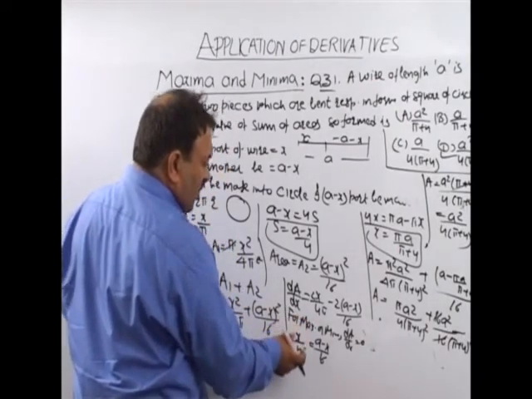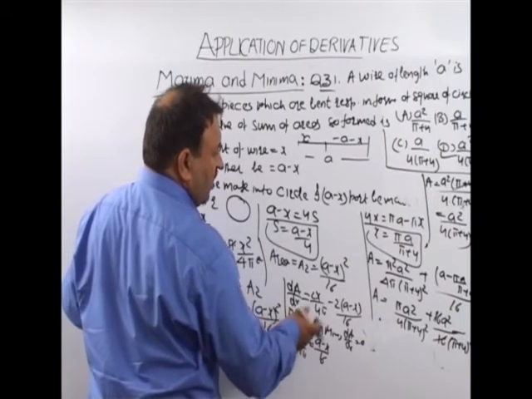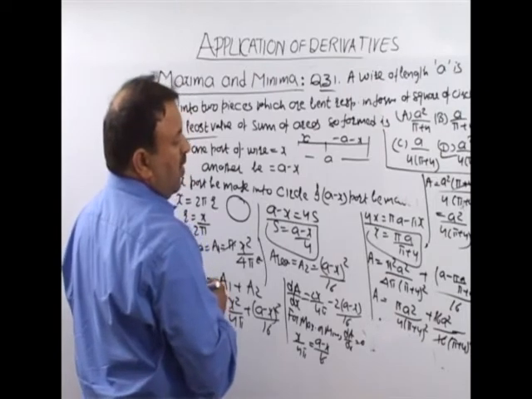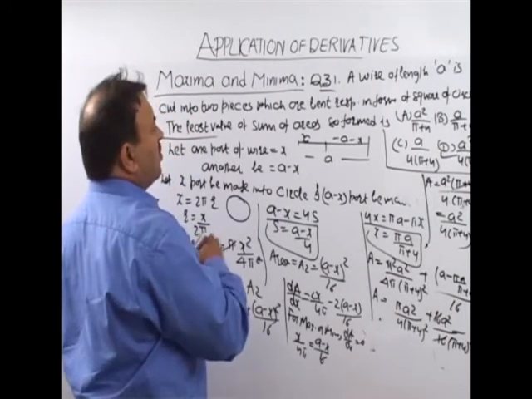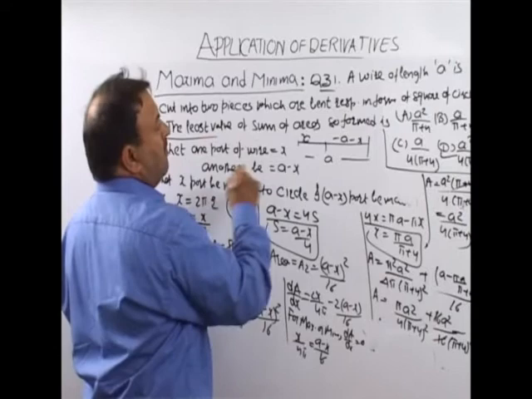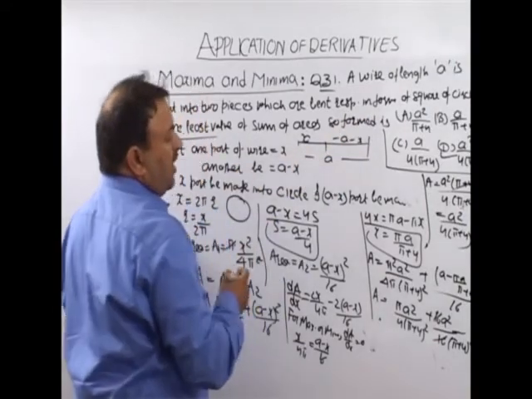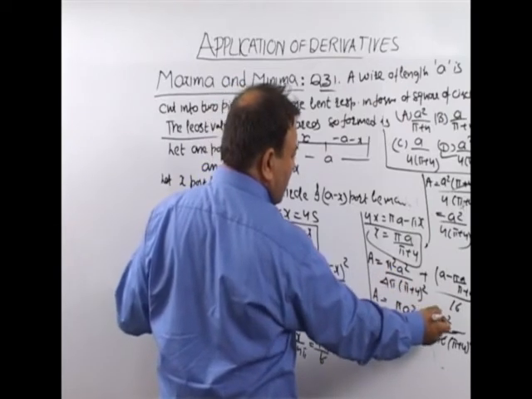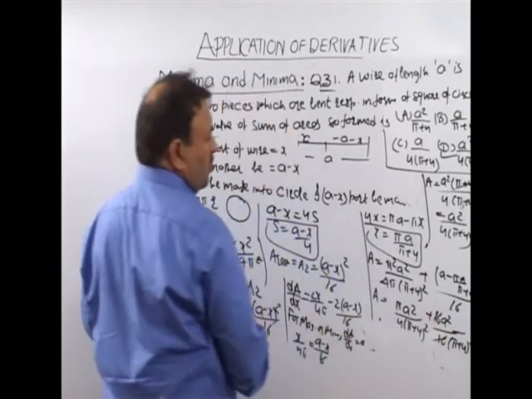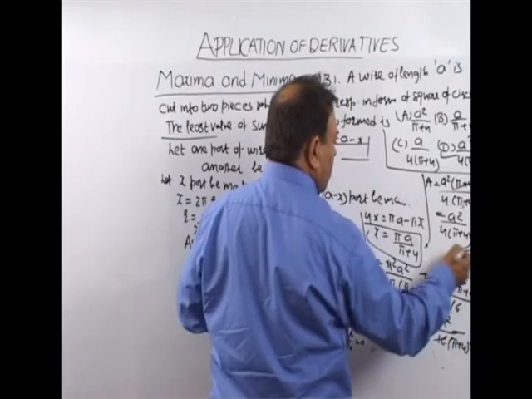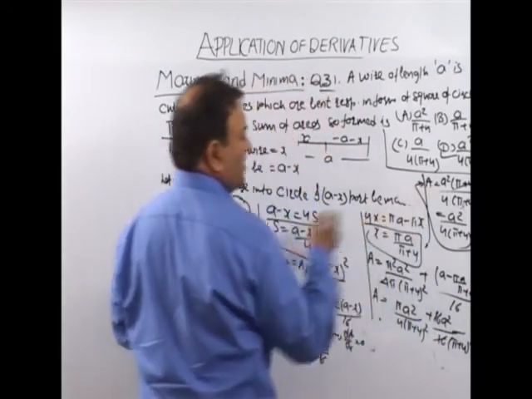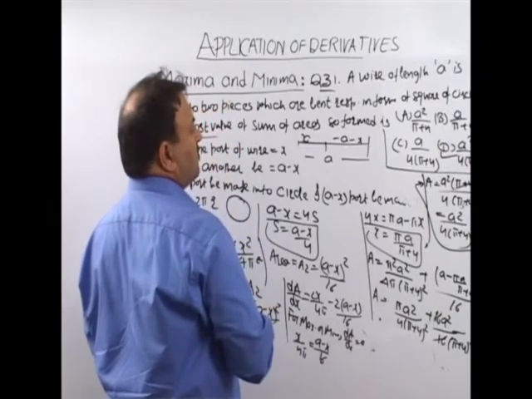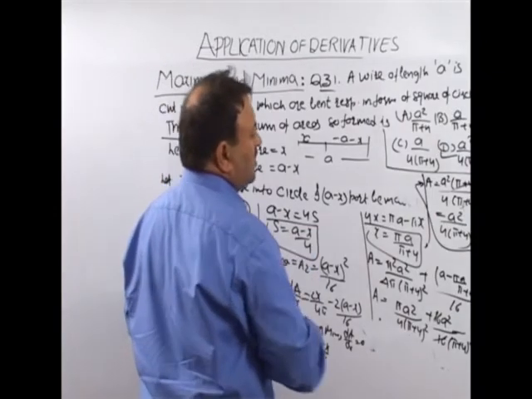Now for maxima or minima, dA over dx is 0. From here we got x as pi a upon pi plus 4. Now x हमारे पास आ गया, डबल डेरिवेटिव की जरूरत नहीं है बिकॉज मिनिमम आएगा. बेसिक थिंग है, हमने एरिया निकालना है, तो हमने एरिया में इसमें वैल्यू पुट कर दी. I got pi square a square 16 a square upon 16 pi plus 4 the whole square. On solving we got, area is equal to a square upon 4 into pi plus 4. The right option is D part.